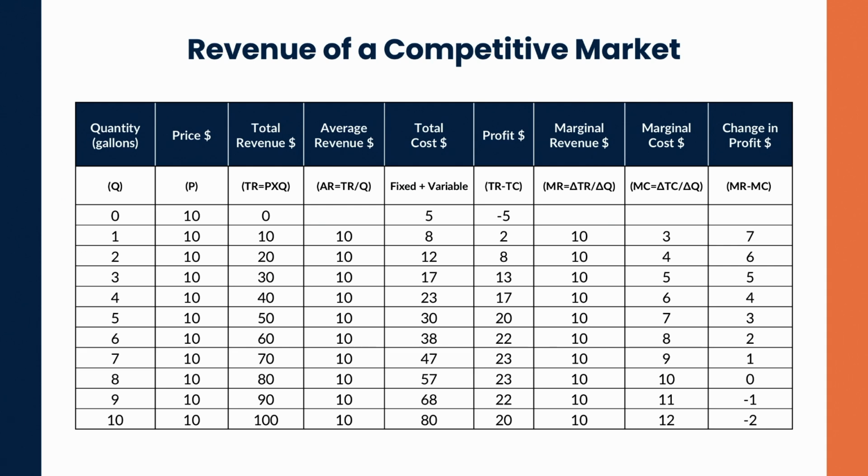So what's the additional revenue I get from selling one more unit? Well, it's just $10. The first unit at 10, the second unit another 10, the third unit another 10. And as I'm going to show you as we go through our different market structures, that's really what allows perfect competition to be efficient.